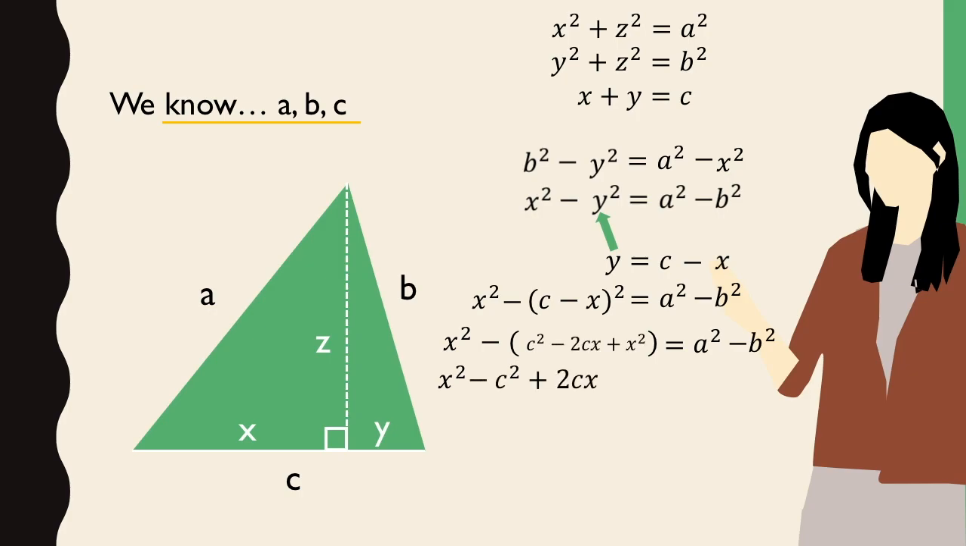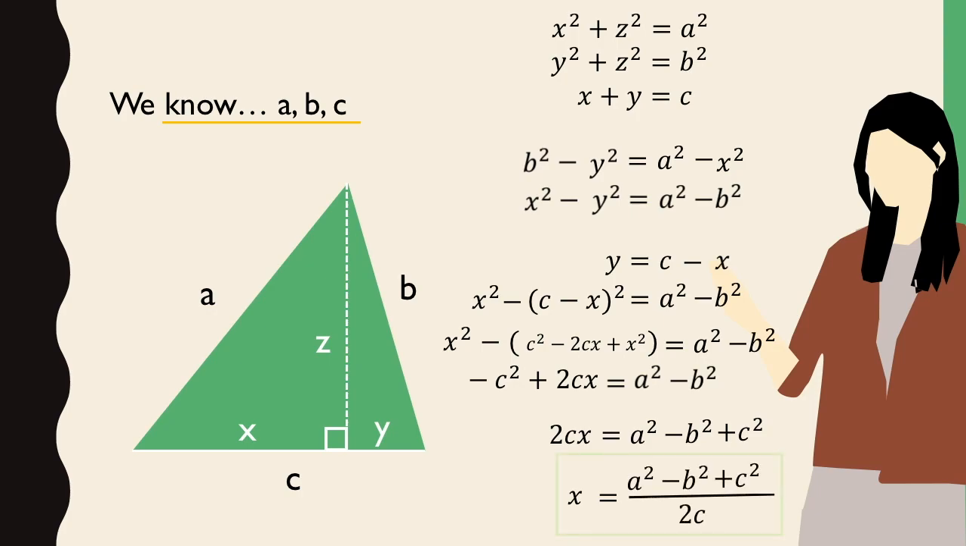and this is looking better and better because now we can eliminate x squared and we're just left with negative c squared plus 2cx equals a squared minus b squared, which we'll rearrange to give 2cx equals a squared minus b squared plus c squared, and then dividing by 2c, we'll get (a squared minus b squared plus c squared) over 2c is equal to our